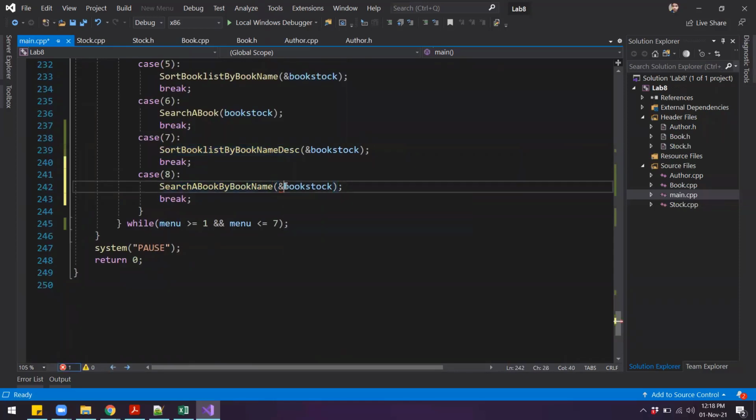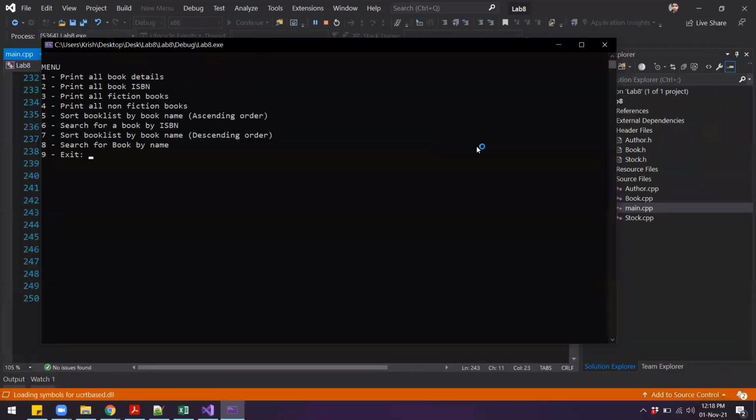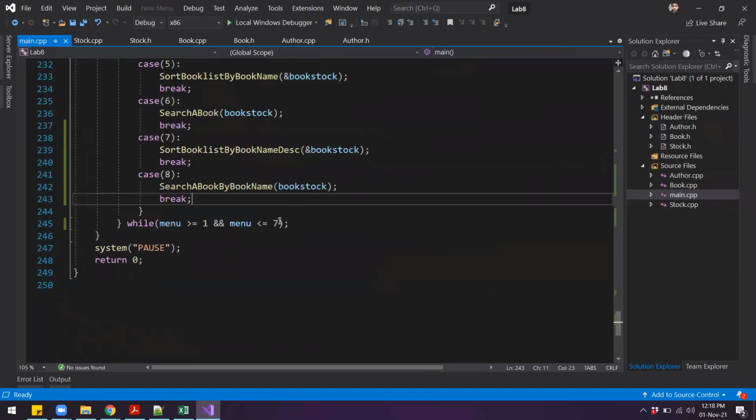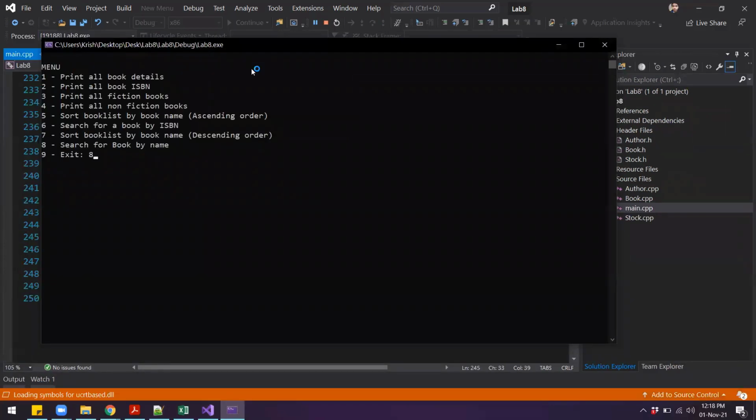So we will pass a stock object not by reference but by value, and let's compile this and see if it works. Oh, I have missed one more thing over here. Exit. So in here I have to add option 8 as well. Right, compile and run.